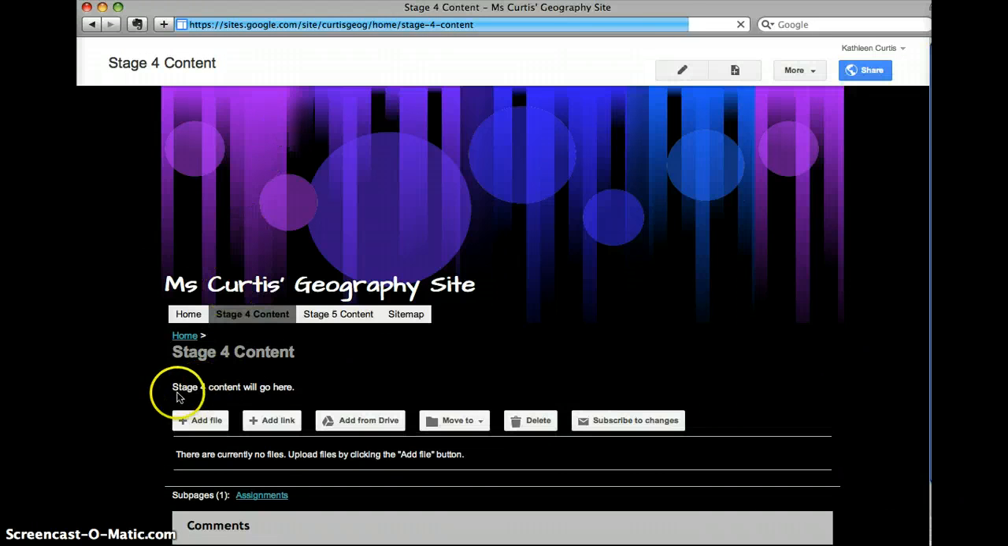And what it's now given me is still my content page or box here, but I've got a number of other different buttons here that I can use to add content. Files, which are directly uploaded, links, files from Google Drive. I can create folders and move content to folders, delete, and then subscription. So again, I'm going to edit the page,